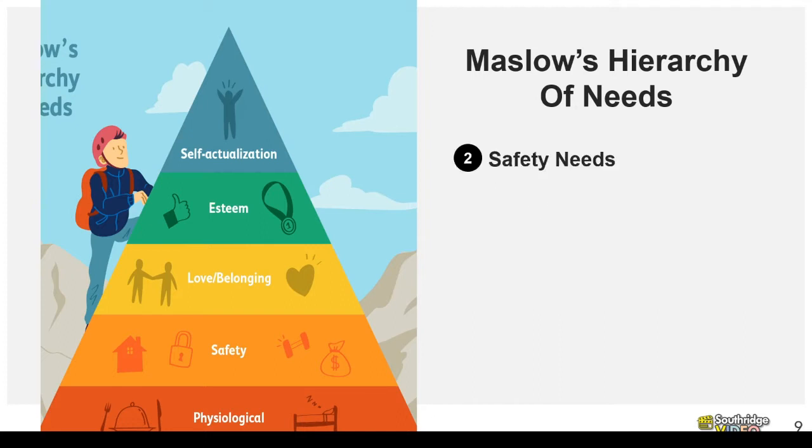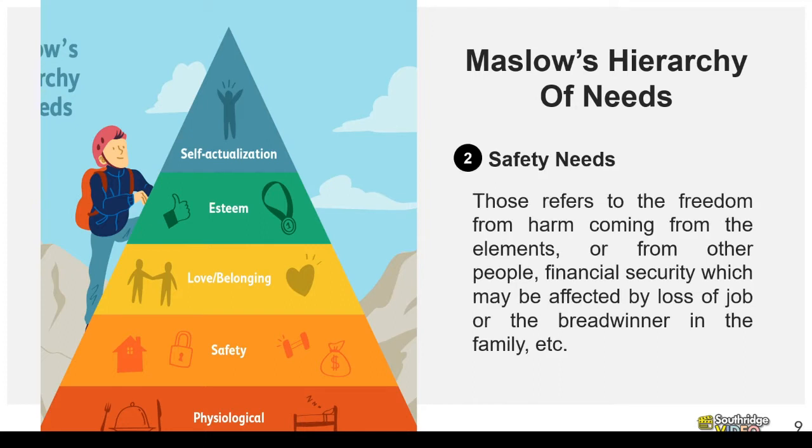Second level is the safety needs. These refer to the freedom from harm coming from the elements or the environment or from other people. It also refers to financial security, which may be affected by loss of job or a death of a breadwinner